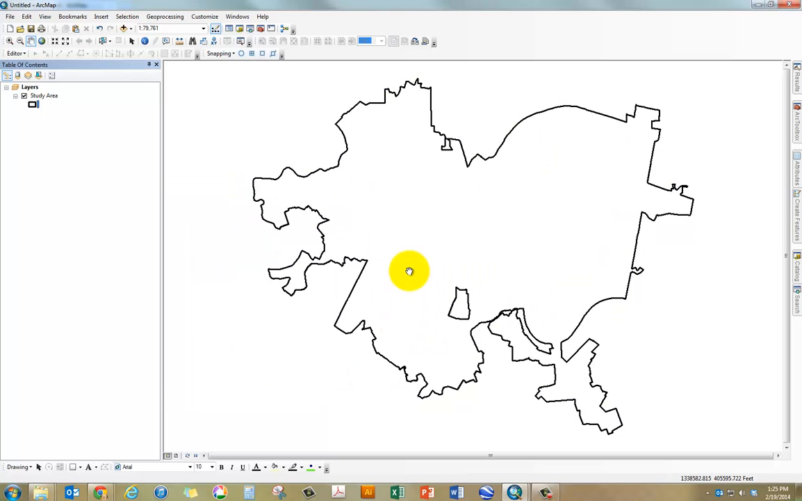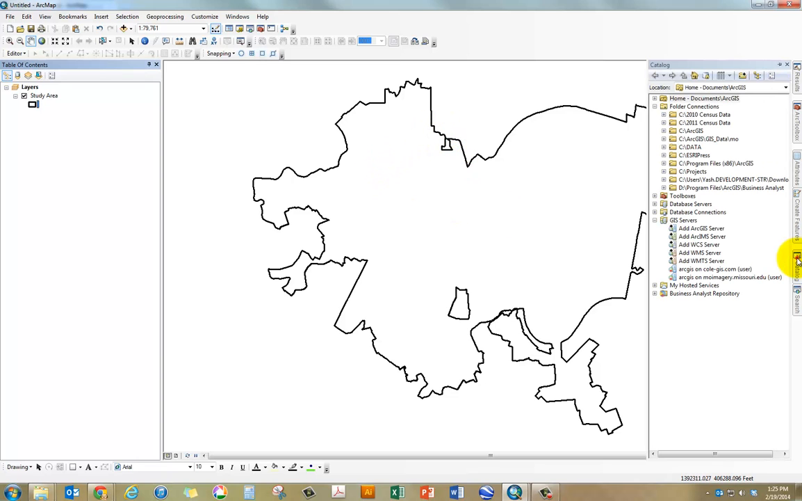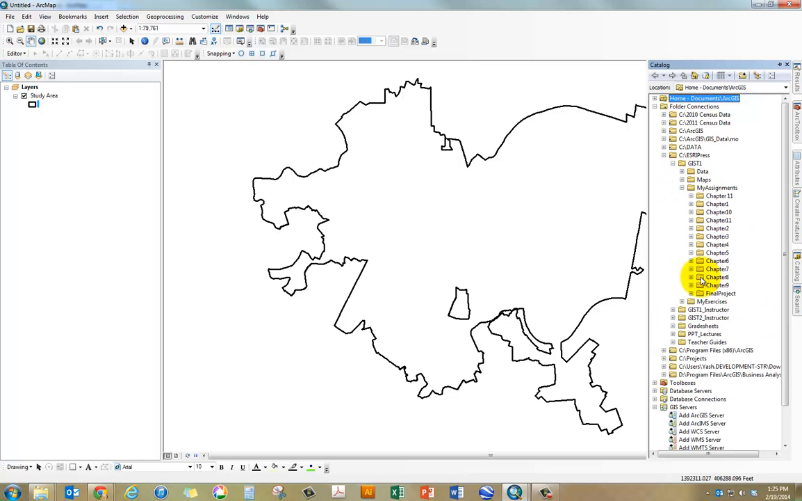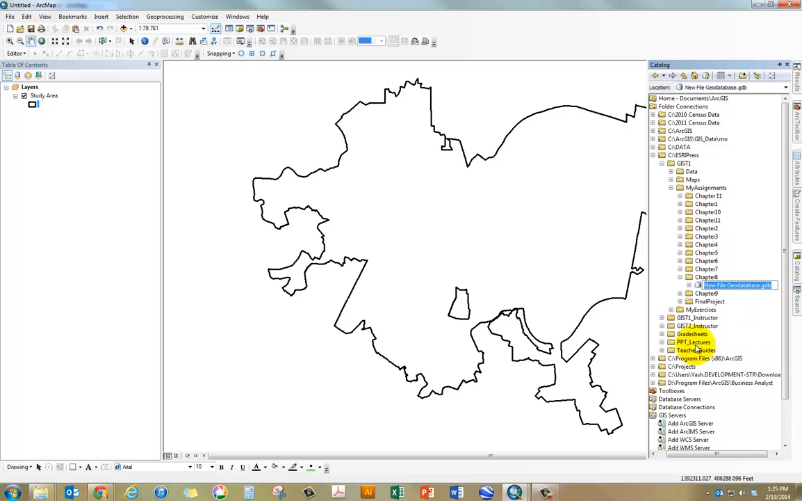then click OK. So we need to create a fishnet for this study area, which would be 1000 feet by 1000 feet, and we need to create this using ModelBuilder. So the first task here is to go to our catalog, click on SRA Press, GIS T1, your assignment folder, chapter 8, click on new file geodatabase and call it assignment 8-3,